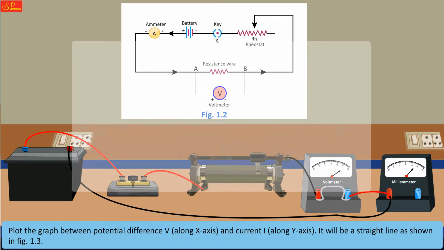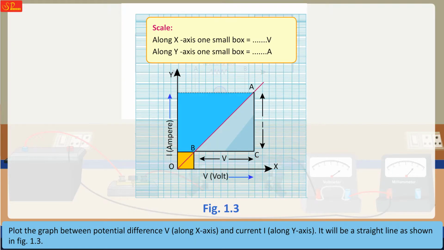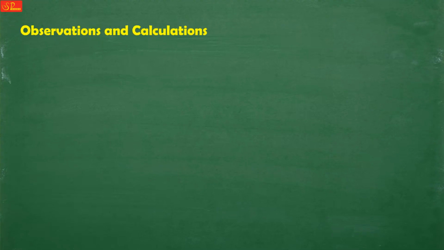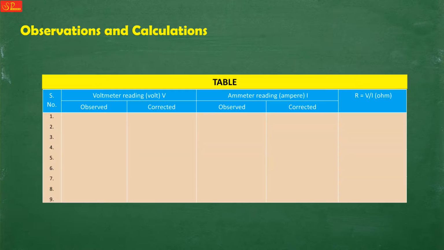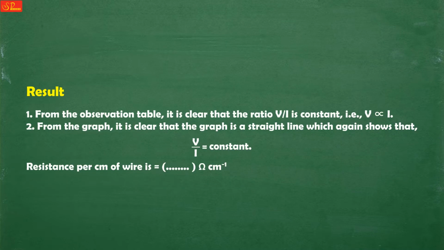Plot the graph between potential difference V along x-axis and current I along y-axis. It will be a straight line as shown in figure 1.3. Observations and calculations. Record all the observations in the following table and calculate the values. Result: